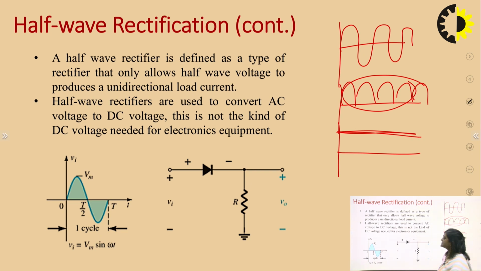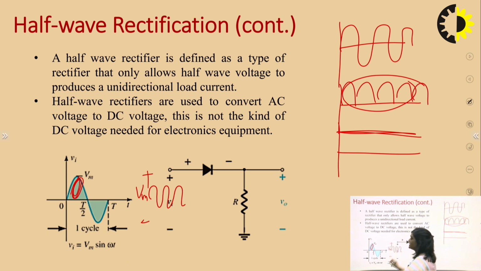So, this is the circuit for the half wave rectifier. A half wave rectifier will convert only one cycle of this input signal into pulsating DC, and a full wave rectifier will convert both cycles of the input signal into pulsating DC. Here Vi is the AC input signal. In the positive half cycle of this signal, this Vm is there, this is plus minus.